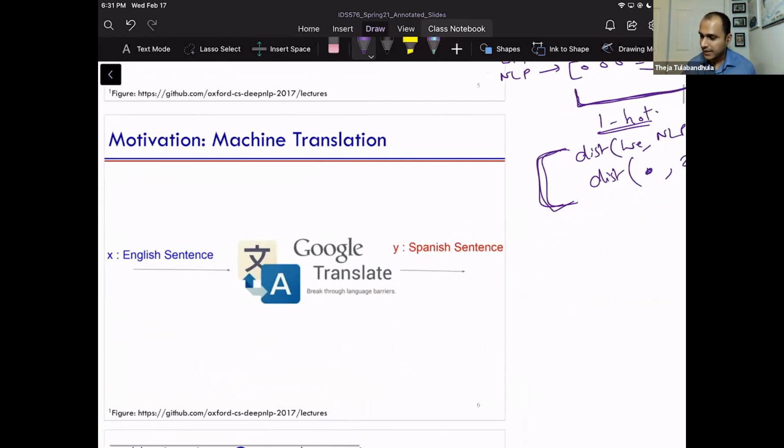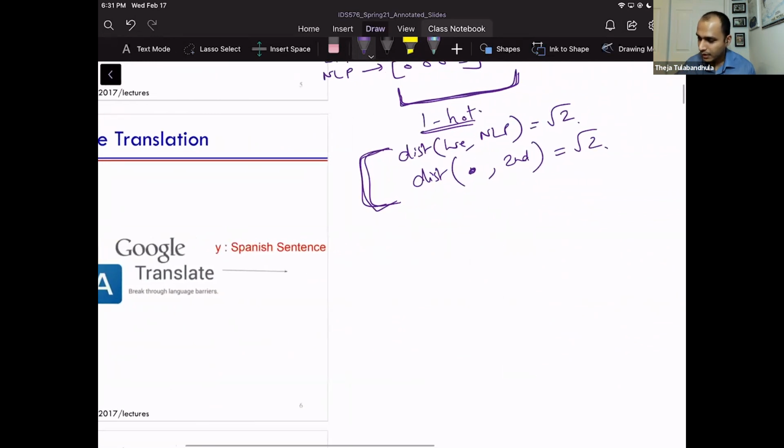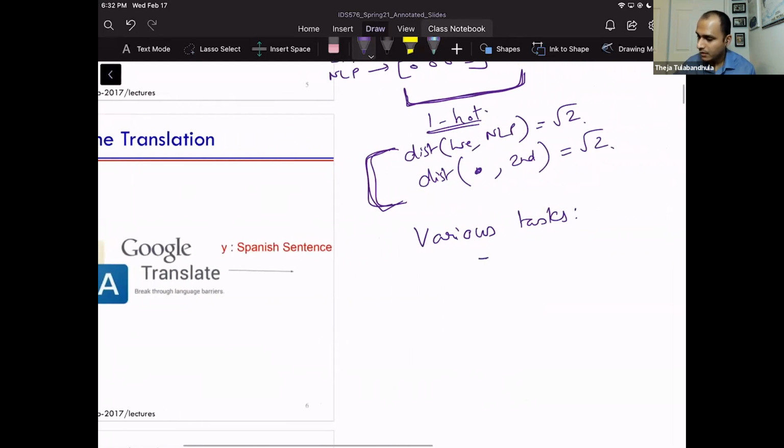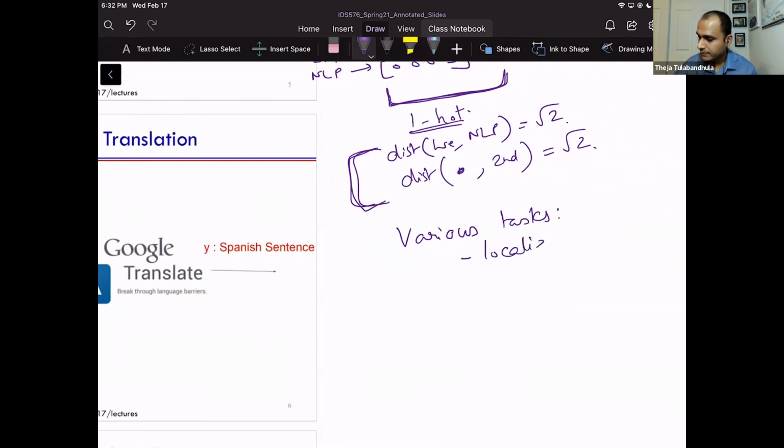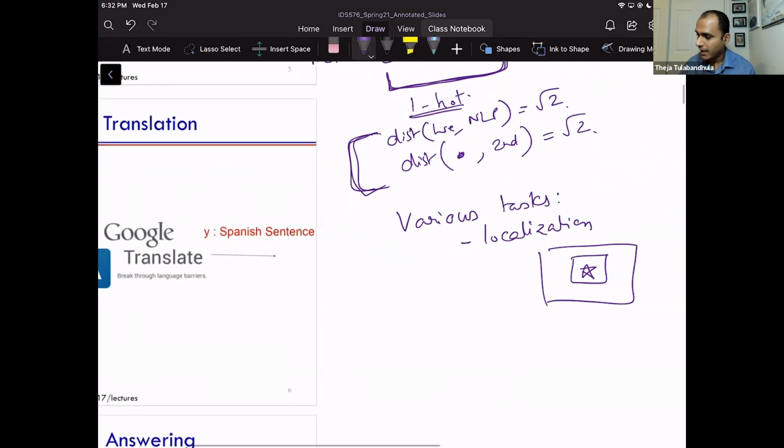But I think in one of the slides, briefly, I mentioned various tasks that include localization. Remember, in localization, given an image of some object, you need to give a bounding box around it. Okay, and there's also segmentation,